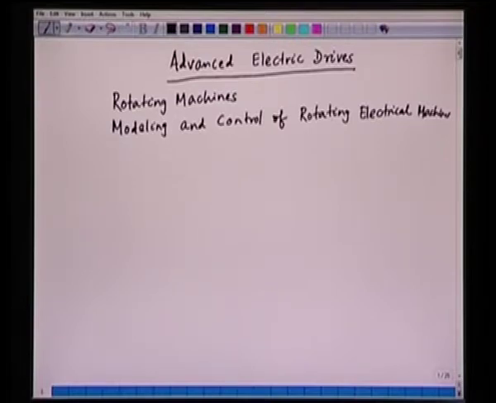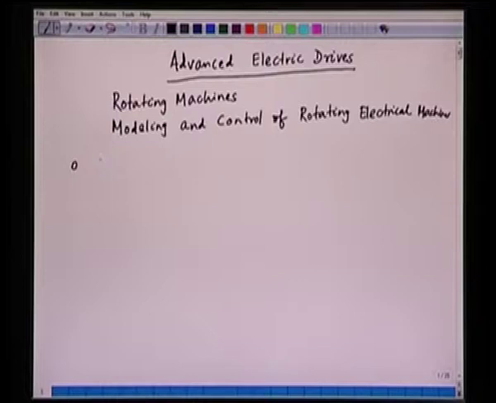Now, before I start about this particular course, let's try to have an overview of the syllabus of this course. This course will start with a generalized theory of electric machines, which is basically done to understand the theory of electrical machine in a common framework. So, the first aspect of this particular course is to know about the generalized theory of electric